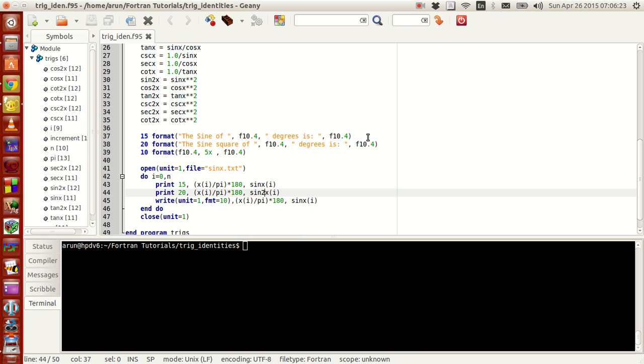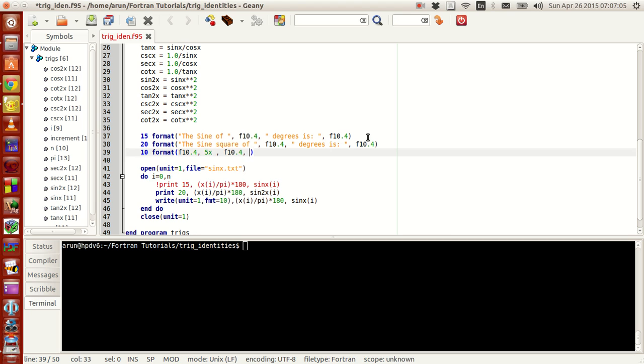Now this being done, here I'm writing the sine of x will be sine x, and here the sine square of x will be sine square of x, and that I'm printing over here. Since this will obviously work, I'll just comment this out since we already tried it, but I'll keep it over here so that we can have a look at it. And now I'm going to write this file again